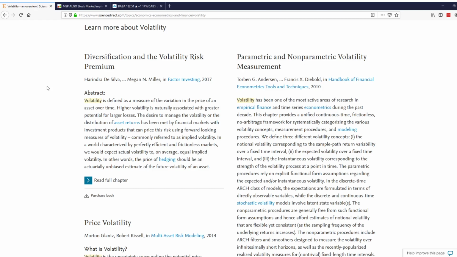Okay, so volatility is defined as a measure of the variation in the price of an asset over time. Higher volatility is naturally associated with greater potential for larger losses. So in essence, it's a way that they measure risk or risk management. So you could do volatility based on that, or volatility based on price movement of a stock